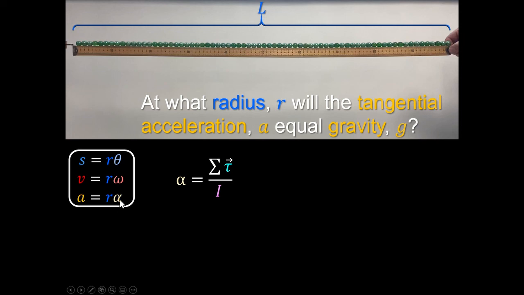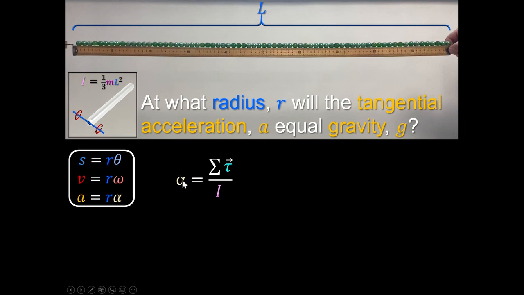The angular acceleration for every part of that meter stick is going to be the same, but different radii are going to have different tangential accelerations. I want to know at what radius the tangential acceleration will be the same as the acceleration of gravity. And remember, for a stick rotating about its end, the rotational inertia is just 1/3 the mass of that stick times the length of that stick squared. So let's calculate the